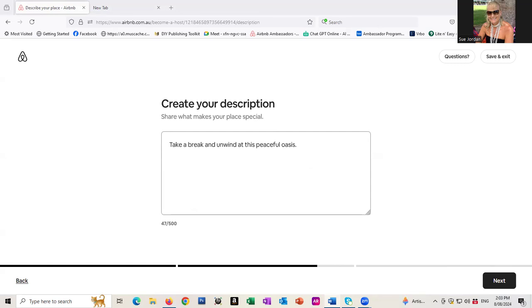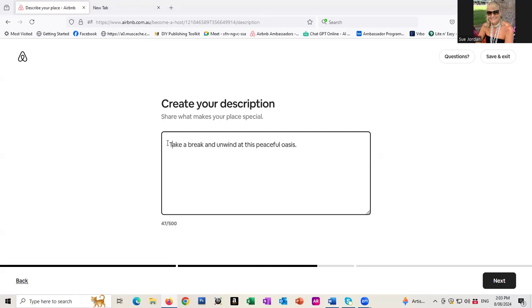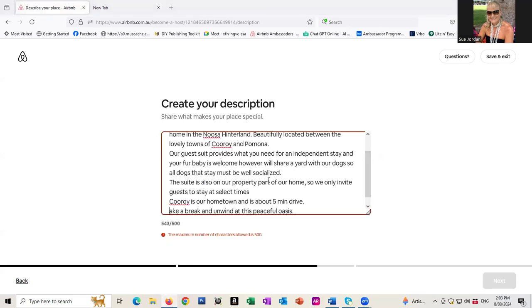Now over here, I did a little bit of a description, so I can just copy and paste to make this quicker. In the description, you get less characters, okay? So, welcome to my beautiful beach home. Look, I've got a downstairs granny flat. Welcome to our tiny, comfy downstairs granny flat. What is it that you have here? And if you get a little bit blank on it,